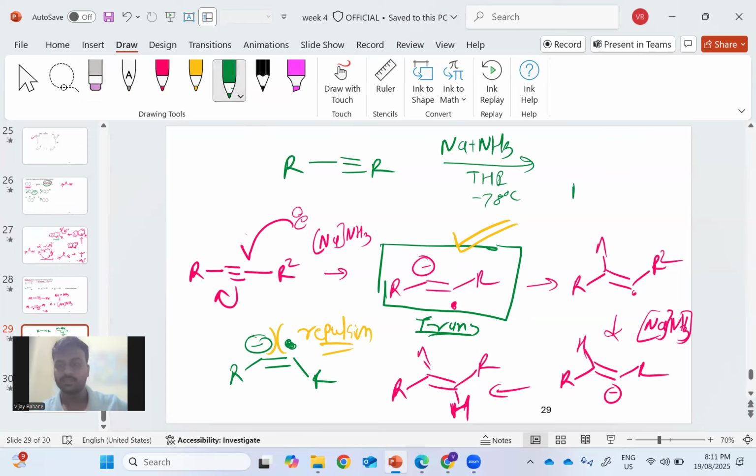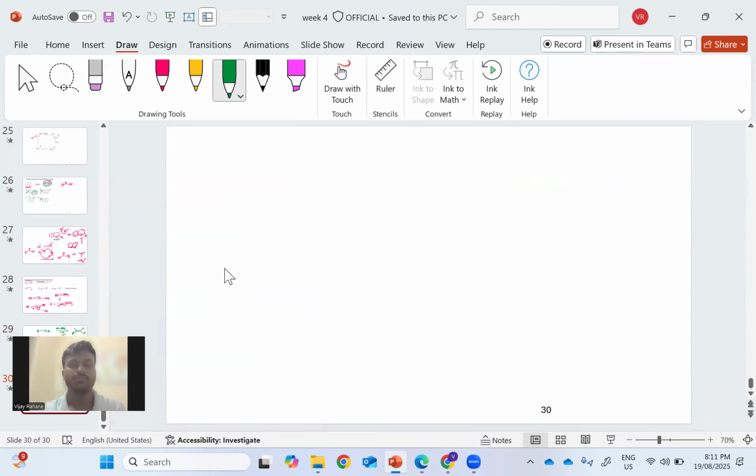What if you want a cis product? In that case, what kind of reagent combination can you use? Have you heard about the Lindlar catalyst? That catalyst we generally use for cis. If you want cis,